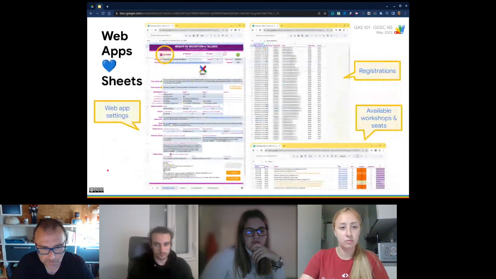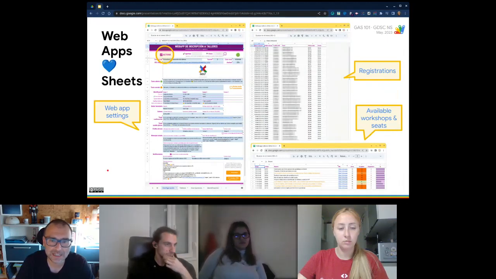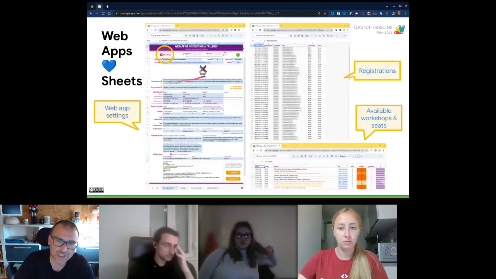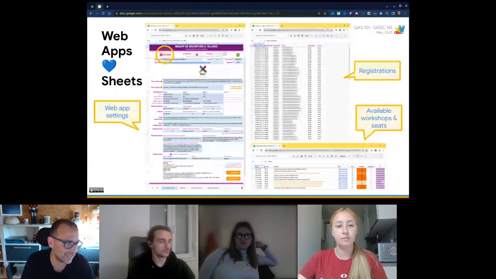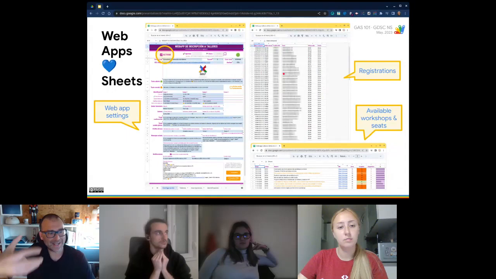For instance, these are some screenshots from the web app for workshop registration that I showed in the former slide. You have a sheet inside this spreadsheet with a lot of settings that make this web app behave in different ways: messages, images, when it's enabled or disabled. We can even program when the web app is available, start time, start date, end date, lots of bells and whistles here. We also have a list of registrations that are pushed from the client part of the web app.